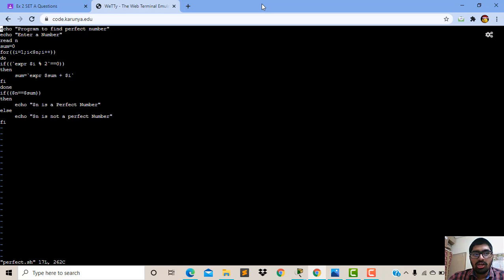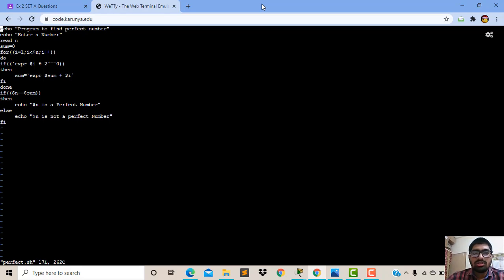Sum equals sum plus i, so 1 plus 2 plus 3 is added up. The divisors of 6 are summed here, and 1 plus 2 plus 3 equals 6. The result is stored in sum.